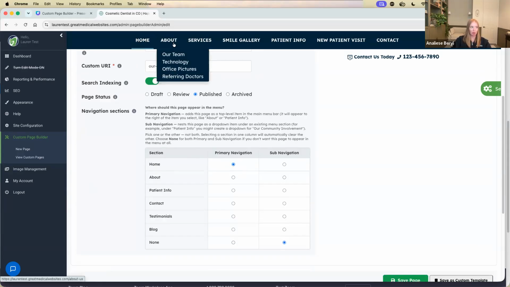So if we want it in between home and about, we would select home, as that would then go to the right of home. Same with about. If we want it to the right of about, we would click that right in here. Subnav, pretty simple. If we want it to go under the about dropdown, we would click this. And you'll notice as I'm toggling between these two, it will allow us to only choose primary navigation or sub-navigation,